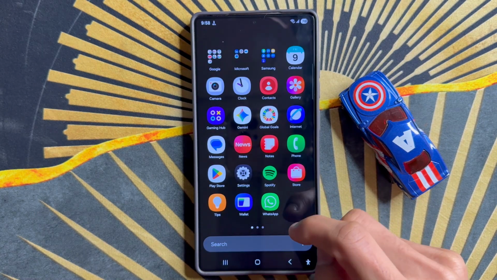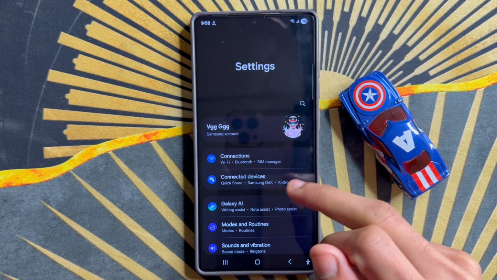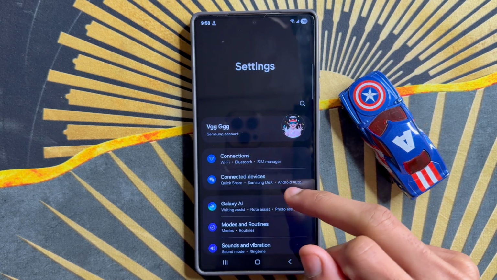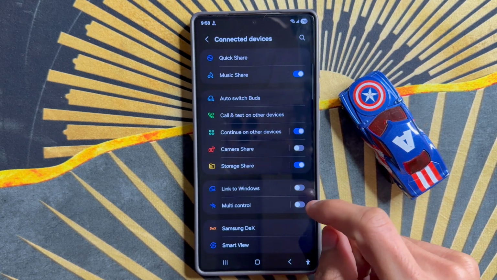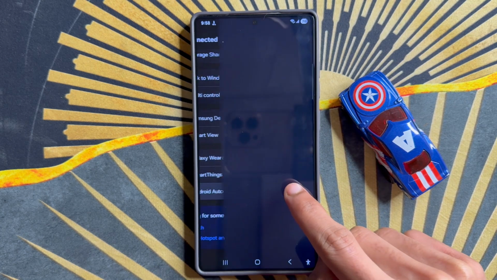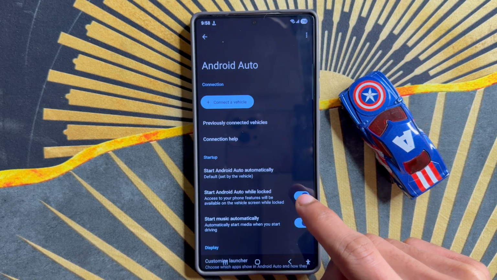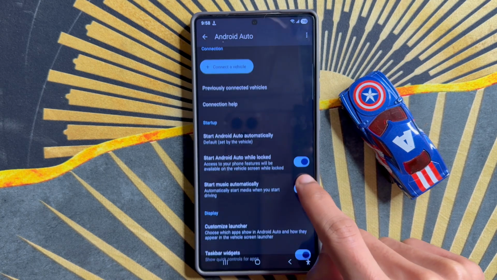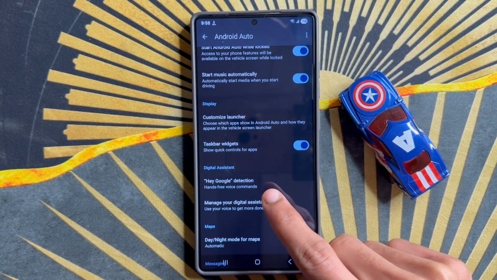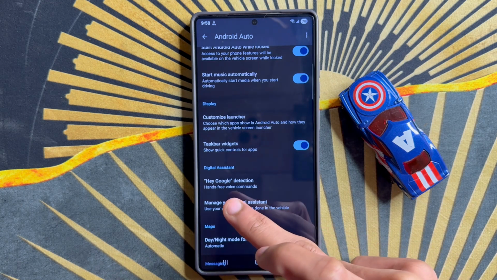Here, click on the Settings app. Now in Settings, scroll down and you will see the second option is Connected Devices. Click on Connected Devices. Scroll down and you will see Android Auto here. Click on Android Auto. After clicking on Android Auto, scroll down and you will see the Digital assistant portion and Hey